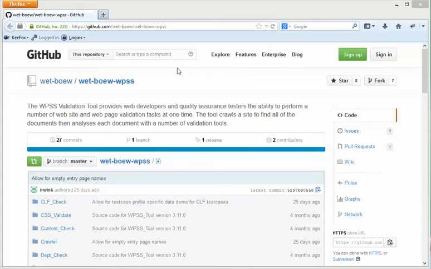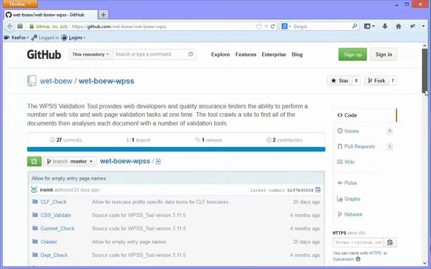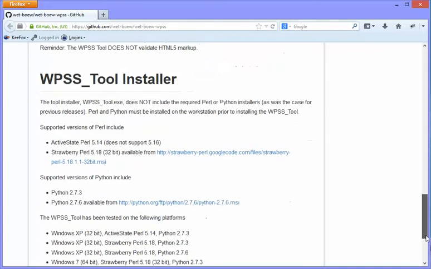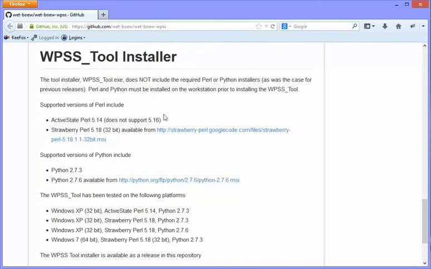This video walkthrough shows you how to install the WPSS validation tool. You want to go to GitHub, and at the bottom of the project page you will find various instructions including the WPSS tool installer. You'll want to install Perl if you don't have it already installed locally on your workstation,